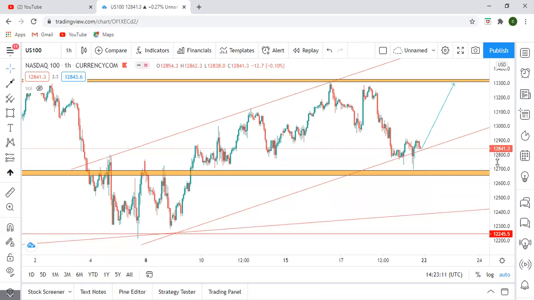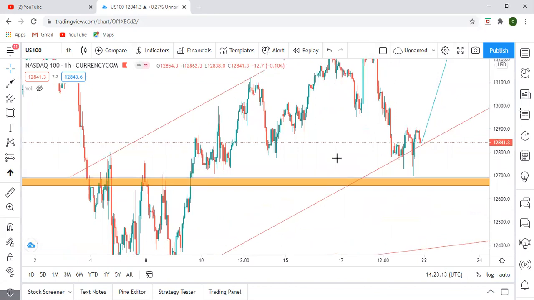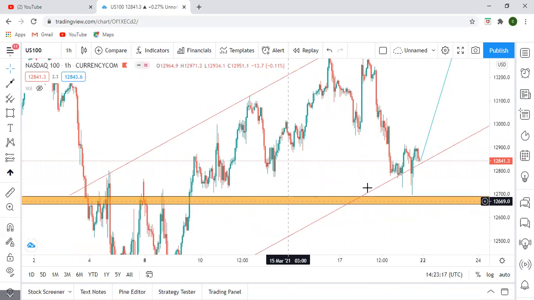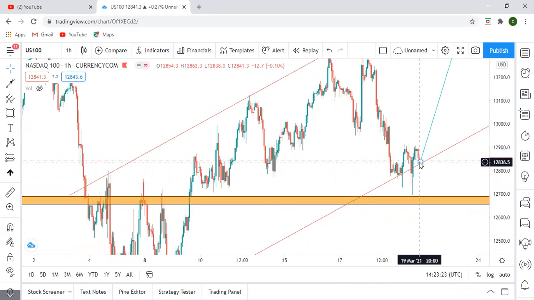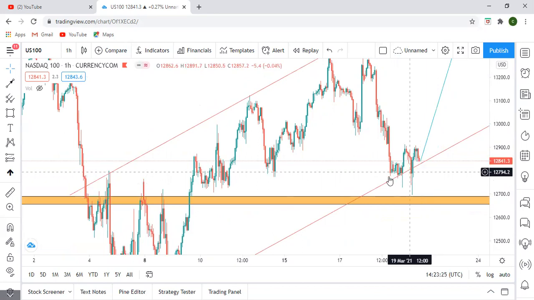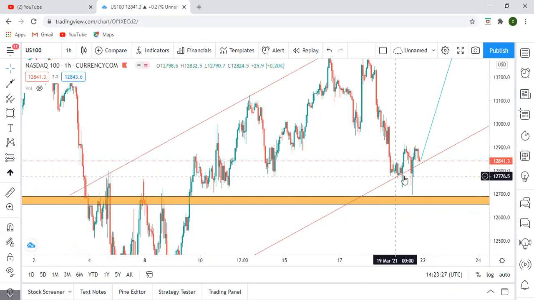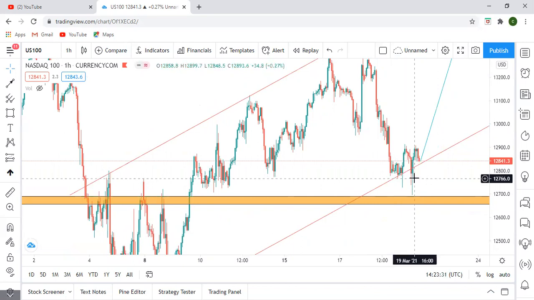H1 is showing us something like this. So we are having a big rejection on our support. The market wants to push up because we checked the trend line. We had 1, 2, 3, 4, 5, 6 rejections on our support trend line. So when the market opens, to be on the safer side, you can wait for the market